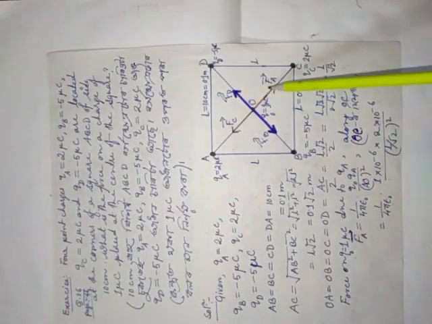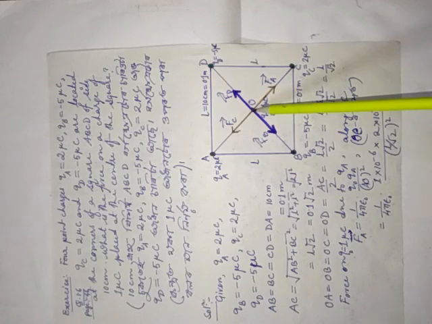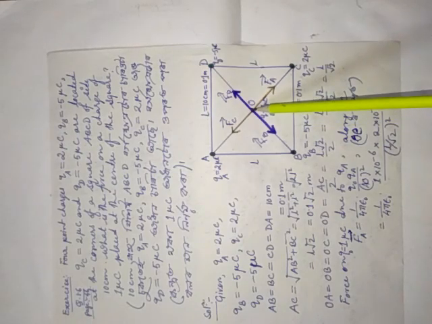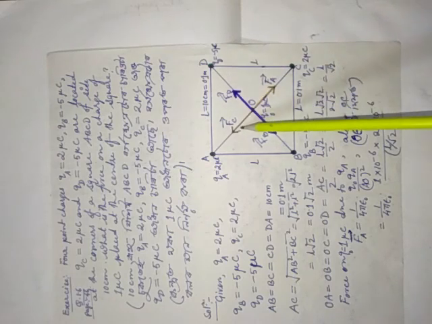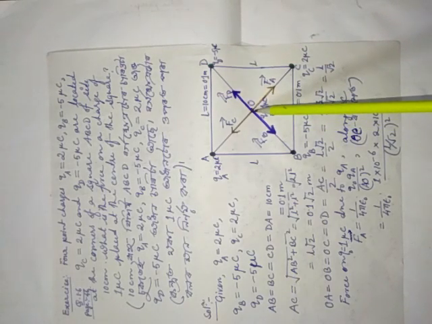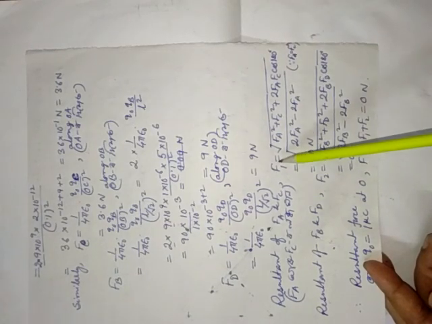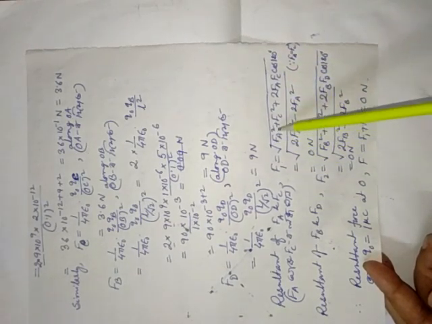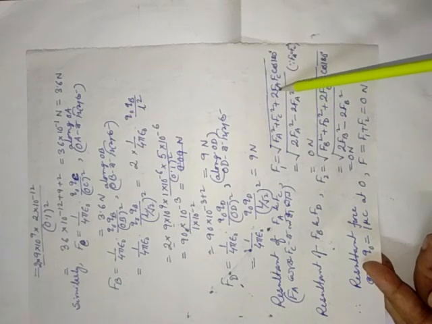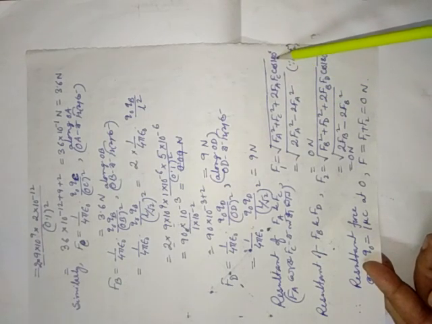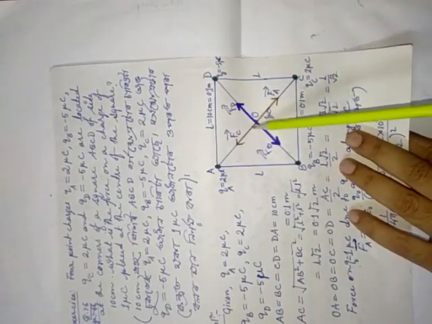Finally, FA and FC are acting in opposite direction, on the same charge, and their magnitude are equal. Without calculation also you can say that net force is 0. Okay, now see, but we are going to find it out by calculation. Resultant of FA and FC, you know the formula. Resultant F1 is equal to what? Square root of FA square plus FC square plus twice FA FC cos theta, where theta equal to 180 degree, because both of them are acting in opposite direction, FA and FC, 180 degree.